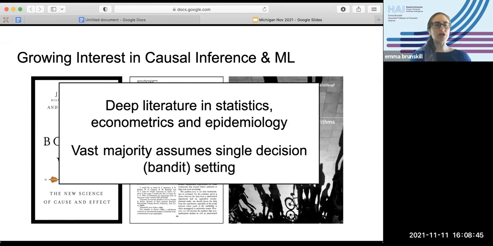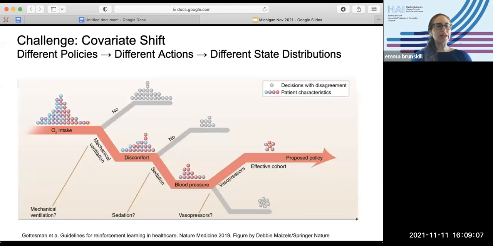But the majority of this work is focused on a single decision, a bandit, often binary setting. So looking at things like treatment effect estimation, where we just have two different decisions and we'd like to be able to estimate which of those is best and maybe which of those is best for which individuals. But I just want to highlight that when we move over to the sequential setting, there are a lot of additional complications. So I really like this figure from my colleagues, David Sontag and Pelez's group with Omar Gottsman and a